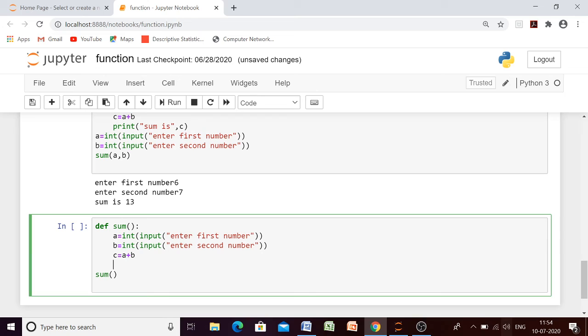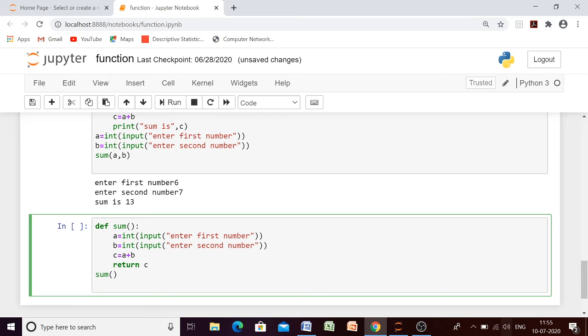So what we will do, we are having our result in which variable, bete? C. So you may write here return c, or you may write here directly return a plus b also. Okay. Here instead of writing c is equal to a plus b, you may write directly return a plus b. Since this is the first class, I am telling you like this, that we are having our result in c. So what we will do, we will return c.